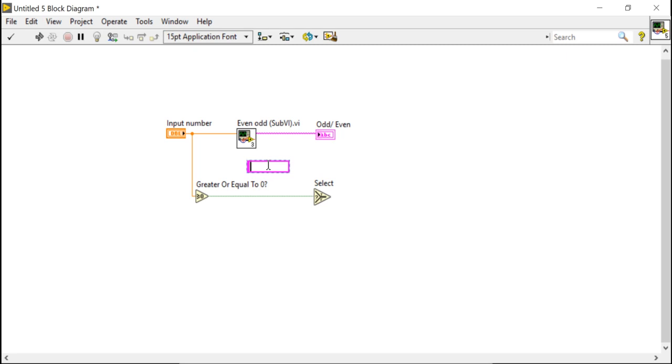Okay, so first is the positive number, take one more, and that will be the negative number.